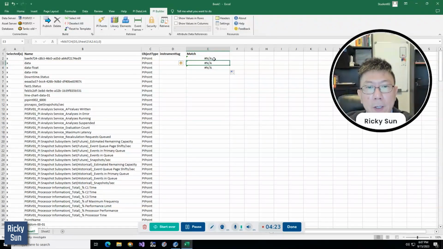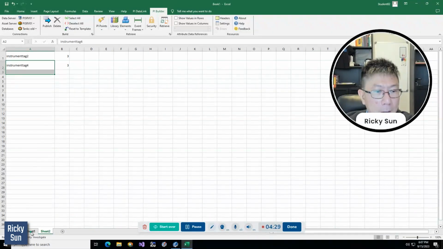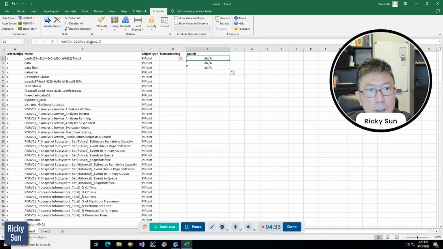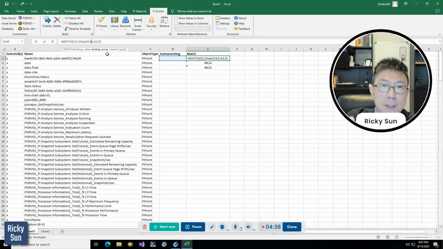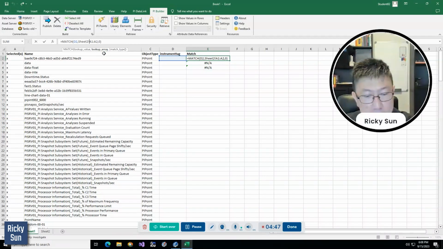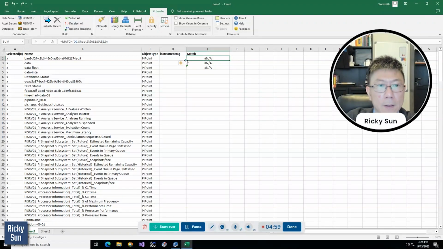That is not going to work for me because it looks up to another area. So what I need to do is lock this one. I need to lock the instrument tag list. The shortcut is F4, but if you want to type it in, it is the $ on the column and then $ for the row. So $, and then $, it will lock it.